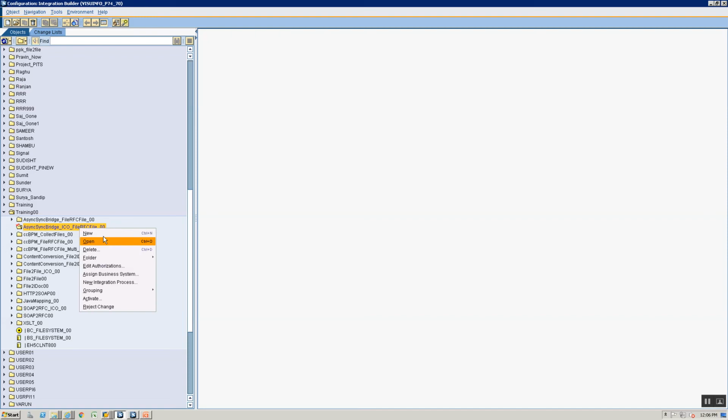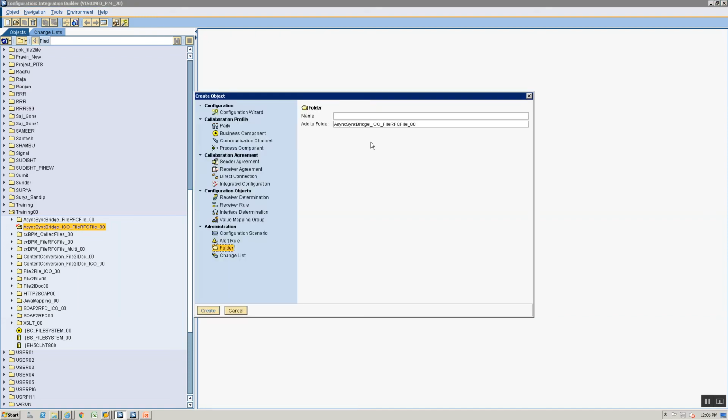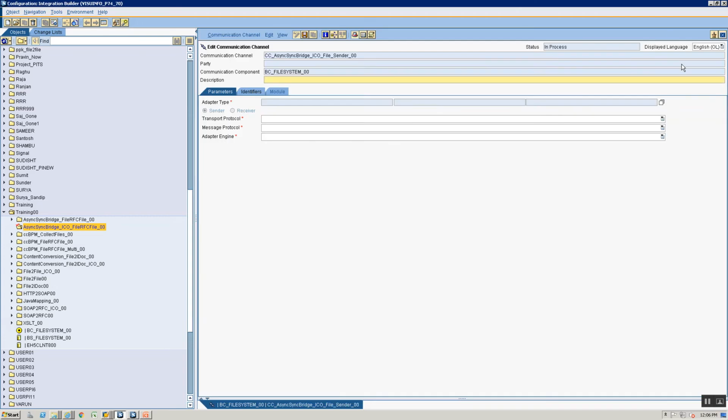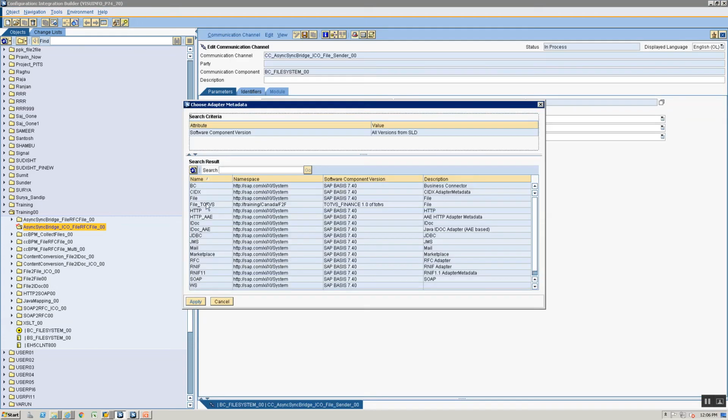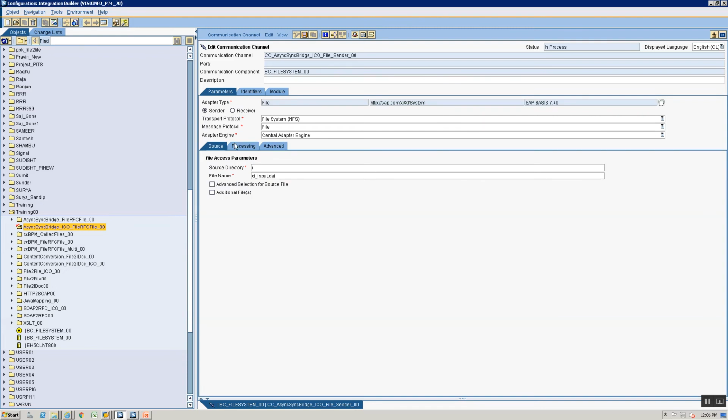So now we're going to create a sender file adapter. I'm going to go to communication channel. I'll say BC file system 00, CC async sync bridge, and let's call it ICO underscore file underscore sender underscore 00. This is my sender file adapter, so I'll select the file adapter as my sender file adapter, and then out here the directory is going to be